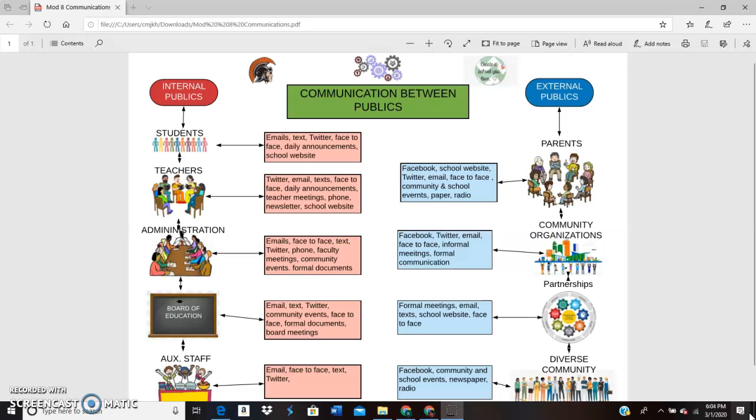District partnerships do receive information through digital media, but not near as much as the other ones would. There tend to be more formal and informal meetings here. I would propose that our community organizations, district partnerships, and the Board of Education rely more on oral communication than they do on any other form of communication. The diverse community may be the hardest for us to reach.